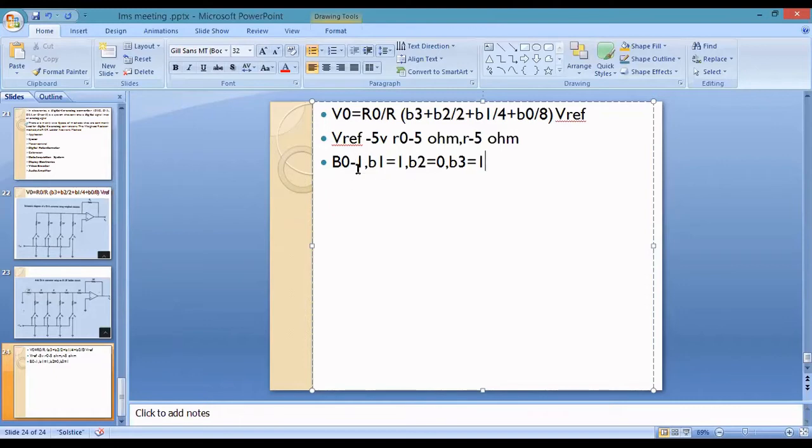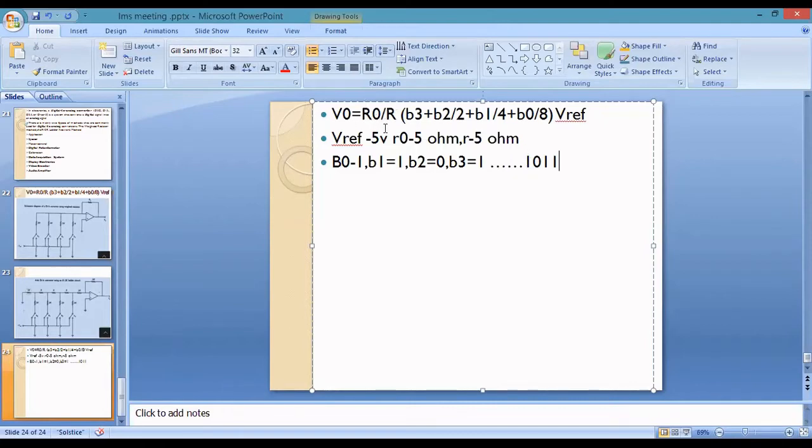So here B0 is 1, B1 is 1, B2 is 0, B3 is 1. If you write it in digital binary, you will get the value as 1, 1, 1, 0, 1, 1. So here the first bit is called B0, the LSB bit 1. Next B1 is 1, B2 is 0, next B3 is 1.